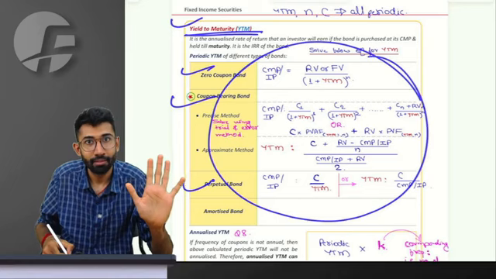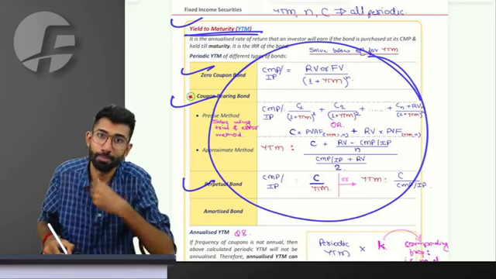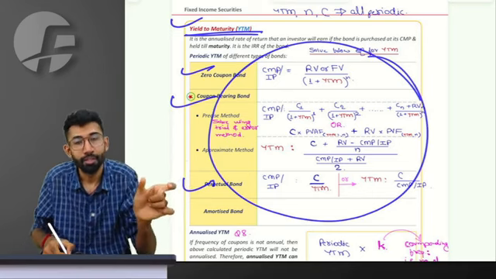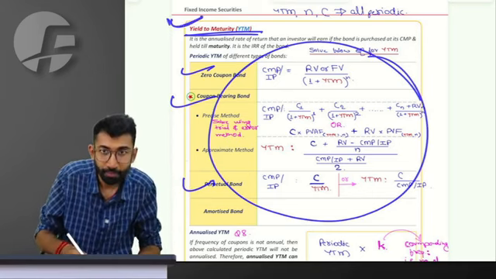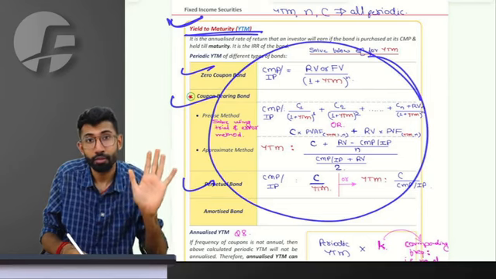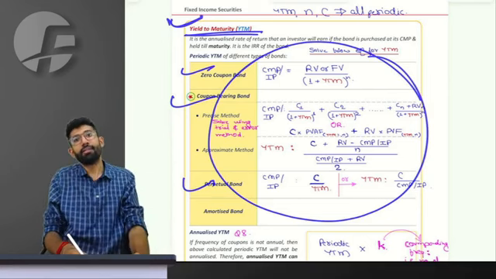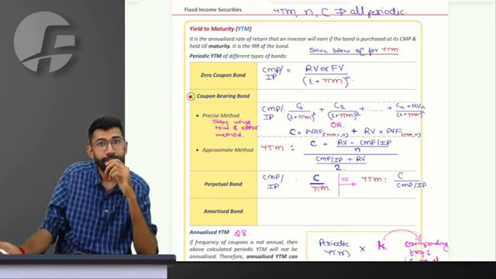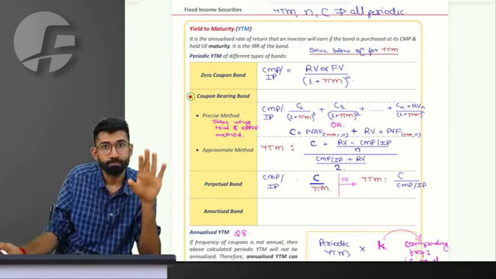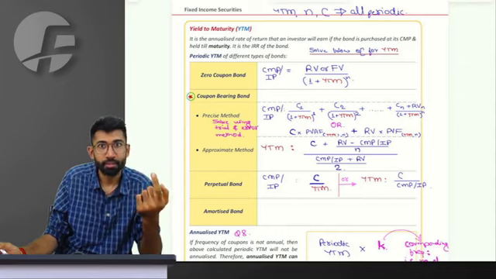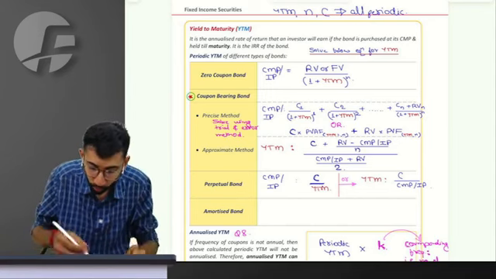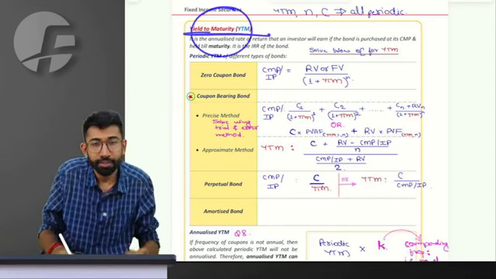An easy thing, right? Simply the IRR of the cash flows, the price you pay as outflow and the cash flows you receive as inflow, calculated as IRR, is YTM, the actual return you will make in future. But do you people agree that we may not be able to hold the bond till maturity? That is the first possibility. Or even if you hold the bond till maturity, YTM has a catch,